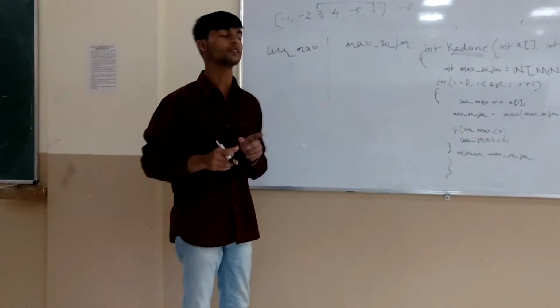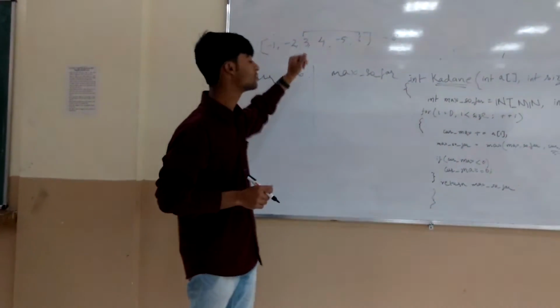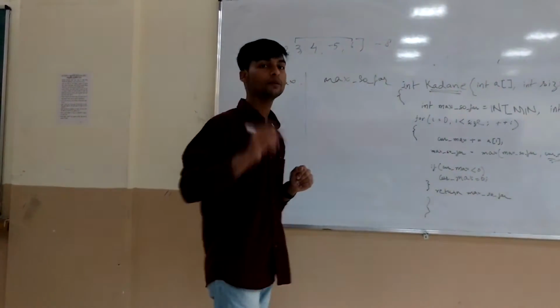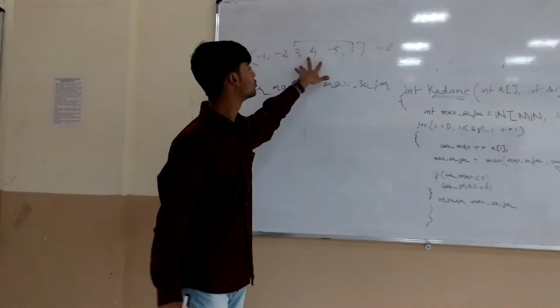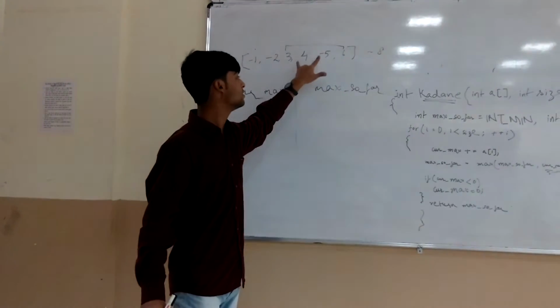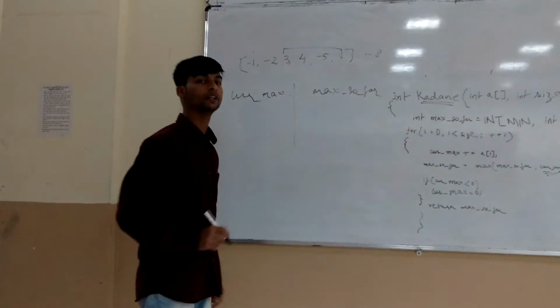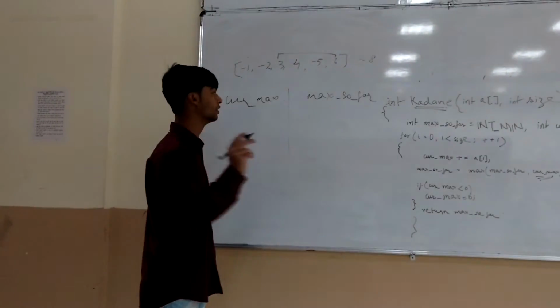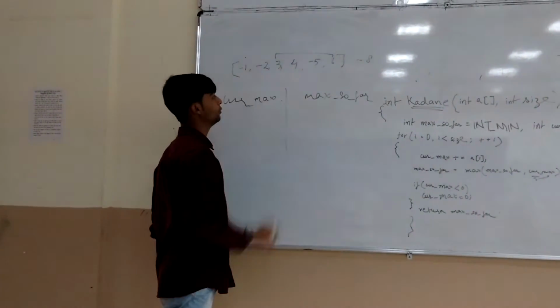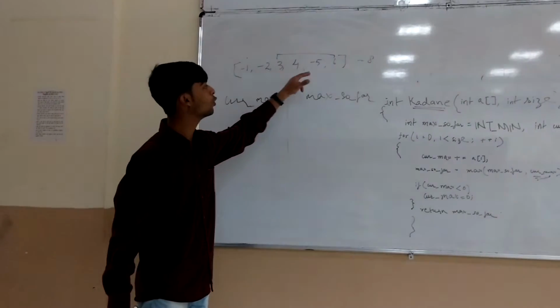Today we are going to discuss a problem called the maximum sum subarray problem. So what is the maximum sum subarray problem? Given an array, you have to choose a subarray whose sum is maximum. Now we are assuming that the subarray is non-empty. That is, the size of the subarray could be either 1 element, 2 elements, and so on until the size of